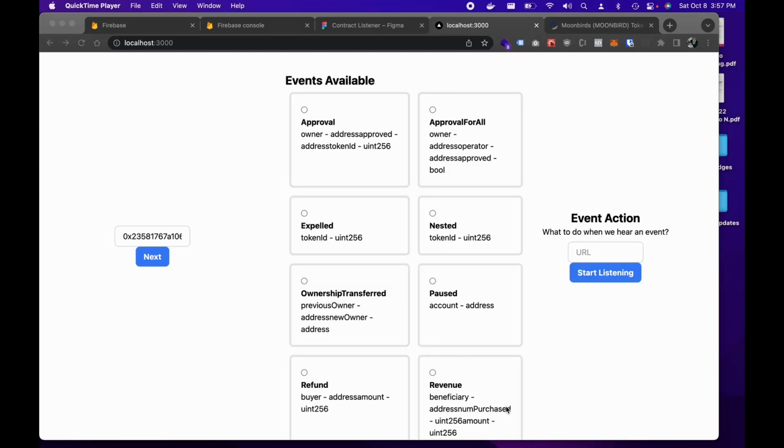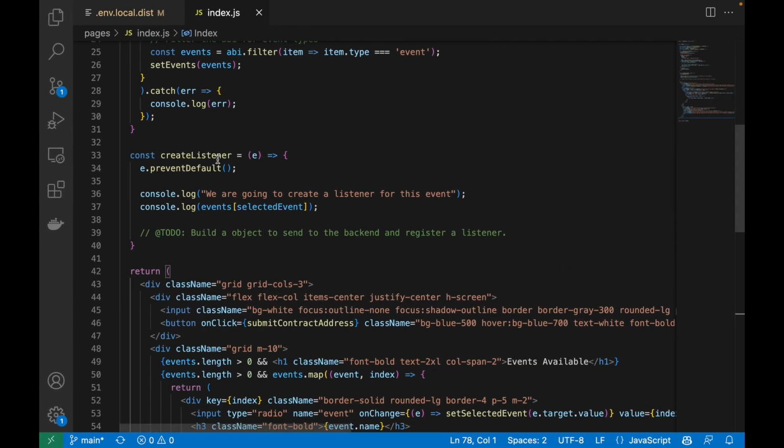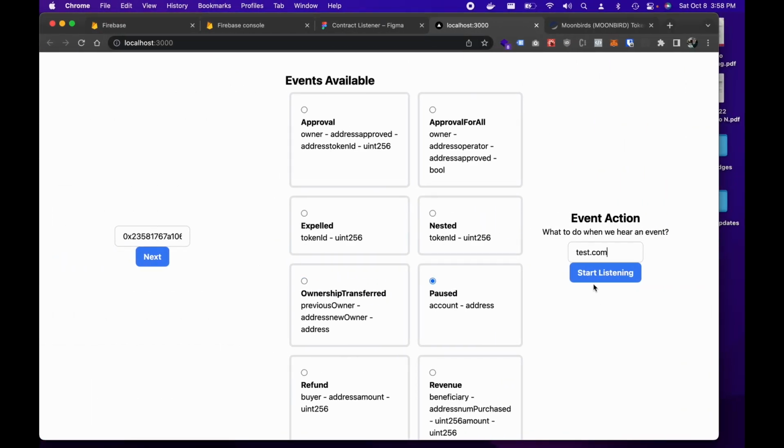Hey y'all! In the last video, we rendered the smart contract events to the screen, allowing users to select any given event they wanted to listen to. Then we allowed them to enter a URL that we wanted the actual event information to be posted to. So where we left off was we have a function here that gets called whenever we hit this start listening